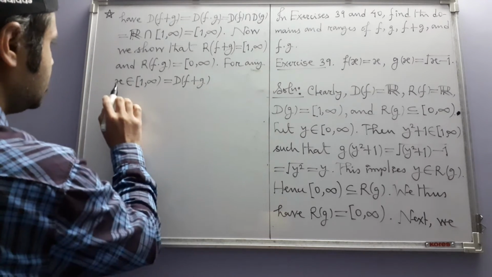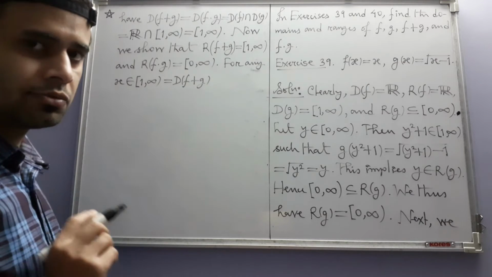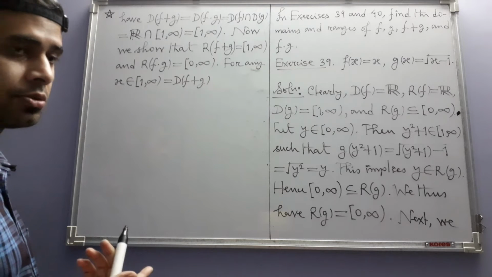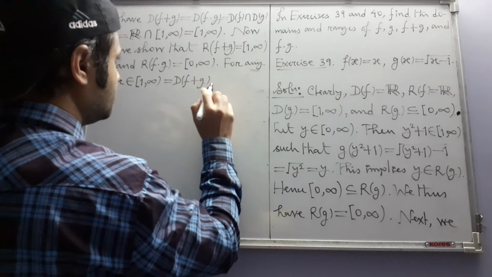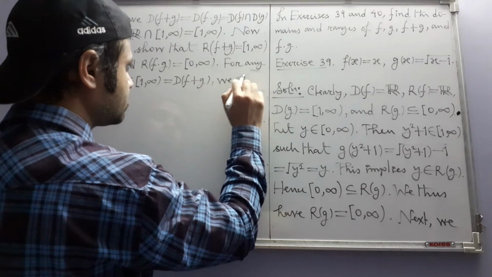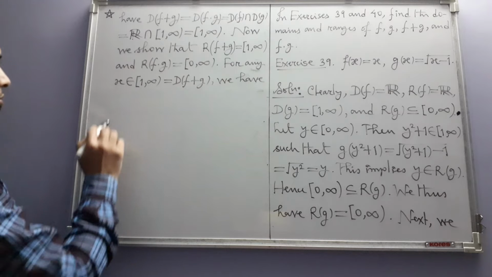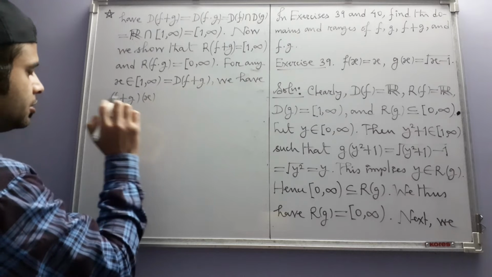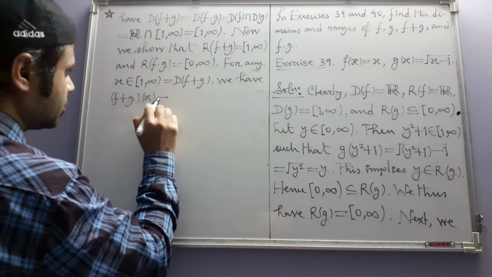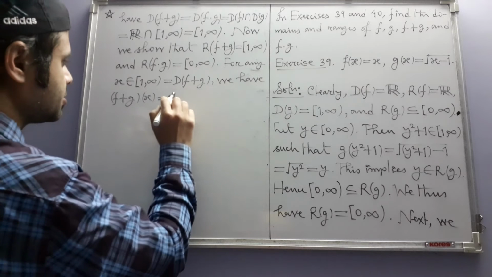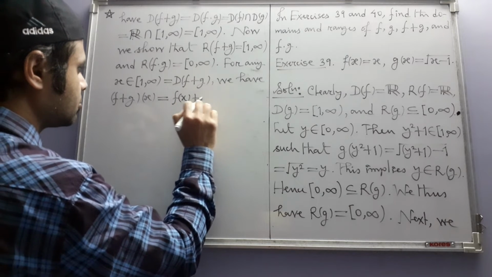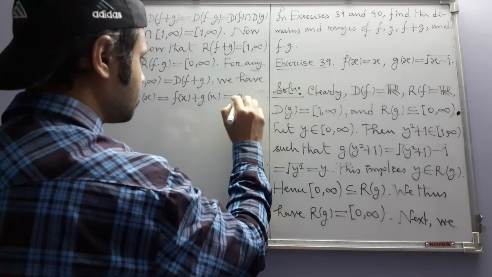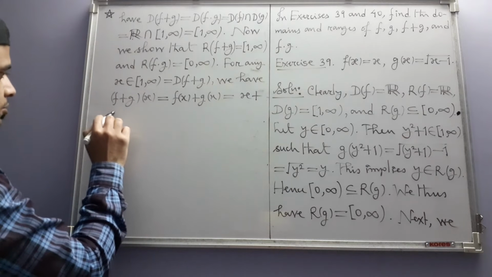So we are choosing any point in the domain of f plus g. So let us now calculate f plus g at this point and let's see what the output looks like. We have f plus g of x equal to f of x plus g of x, and that is equal to x plus square root of